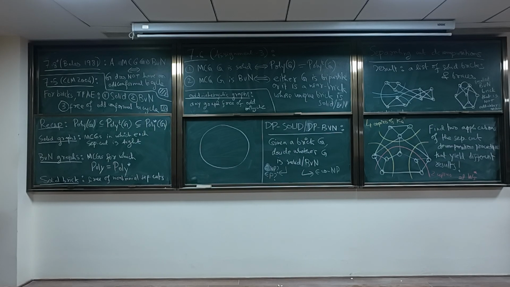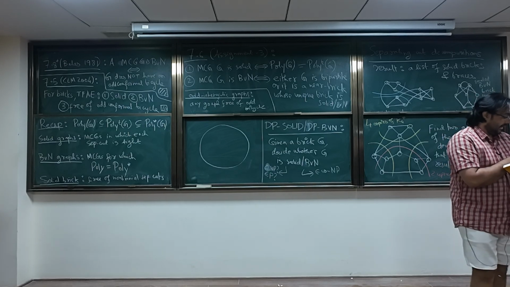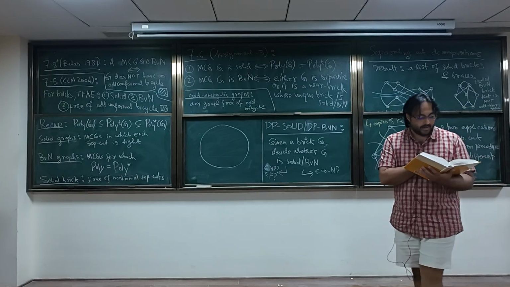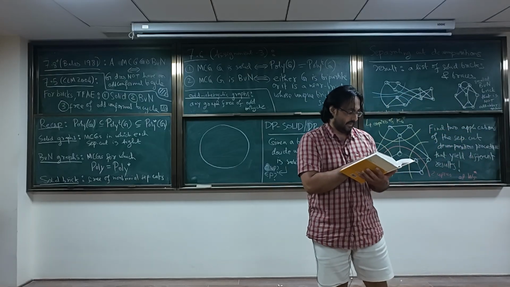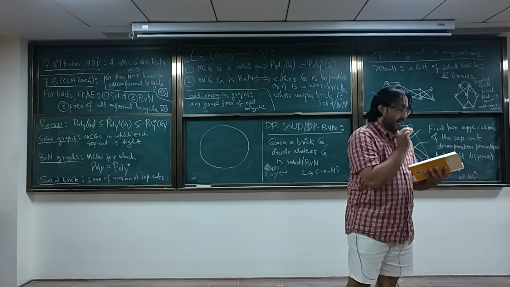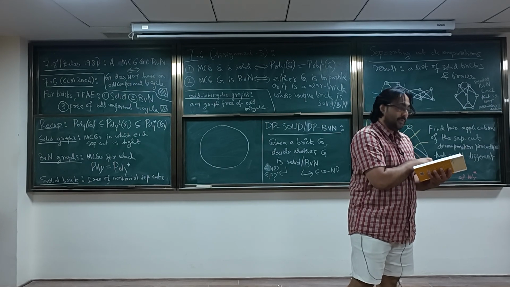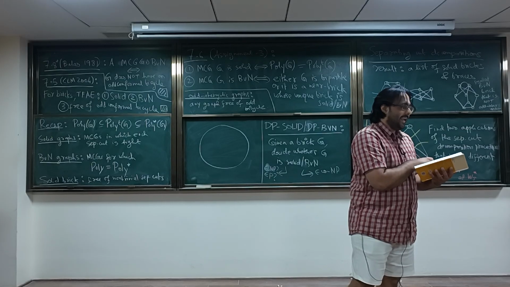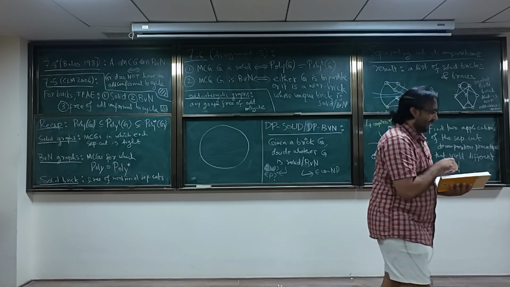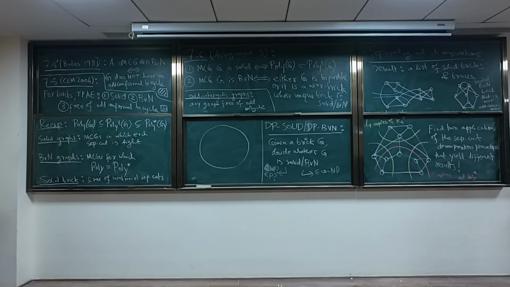The books by Bonnington and Little, Fréchet and Fan, Gross and Tucker, and Mohar and Thomassen, I am only familiar with the last one, have excellent accounts of the theory of embeddings of graphs on surfaces. We present here a brief account of some of the basic notions and results of the subject without proofs and without making any attempt to be rigorous. Okay? So, in that spirit,